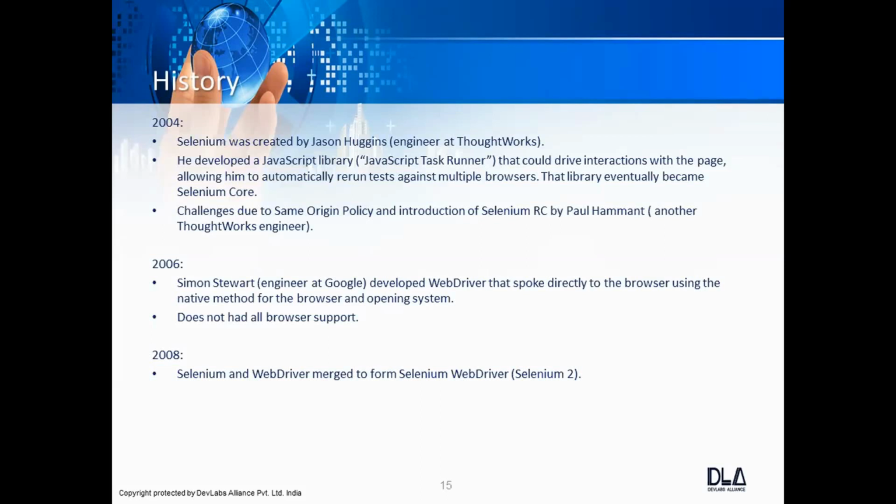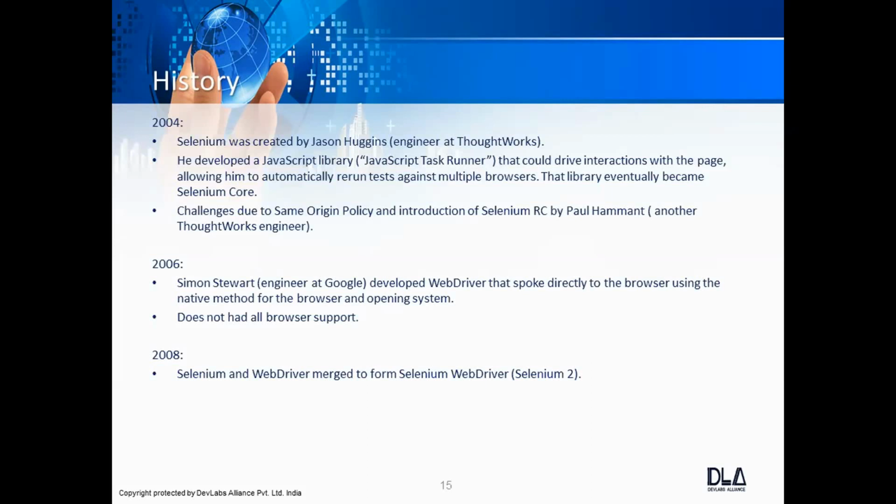And in 2004, Selenium was available as open source, for others to contribute to as well as to use. In 2006, Selenium RC and Selenium Core were merged, and there was a release, what we call Selenium 1, in 2006.